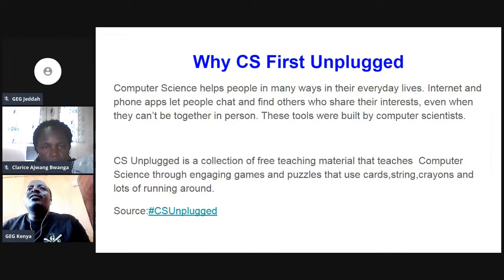And so the question comes: why should people have Google CS Unplugged? Remember, in Africa, you know our problems. We have challenges to do with devices. We have internet penetration issues. We're also talking about bundles, and people who cannot afford broadband and other things. So the reason is that people can't stop learning computer science because we don't have all those. So we said the best way was to make a way where we could teach computer science minus